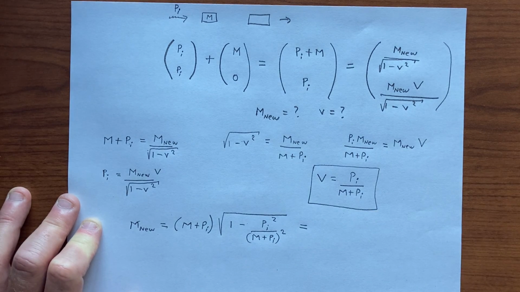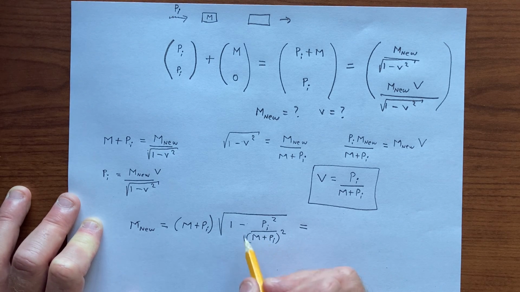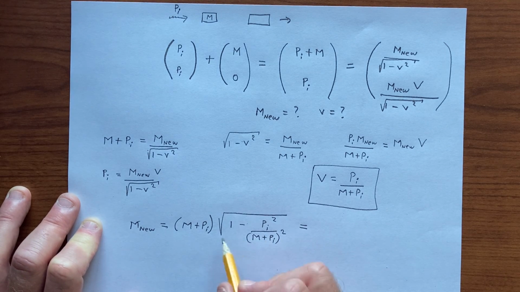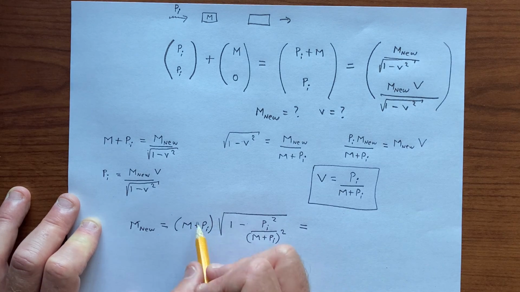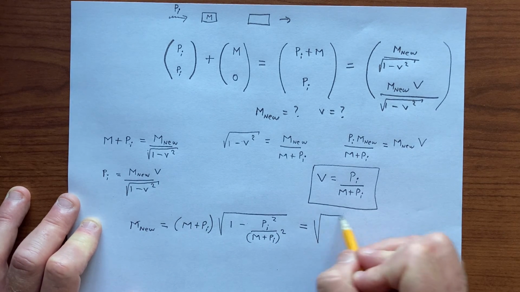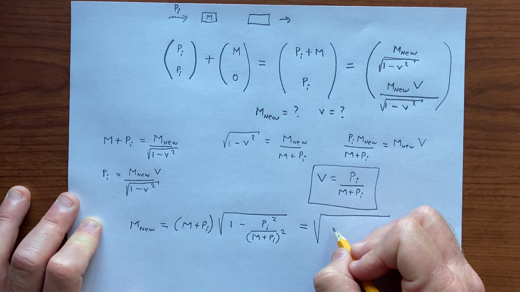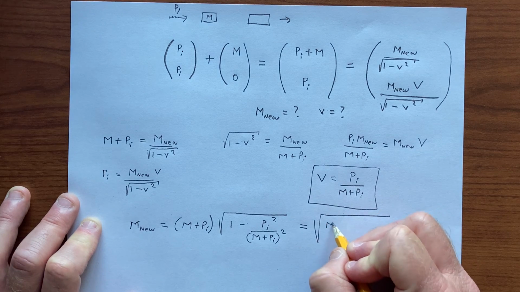And so we need a common denominator, which is m plus pi squared, and we'll have that here. But then notice that we take the square root, so the denominator here becomes m plus pi, that cancels with this one, and so we just have the numerator here, which will be m